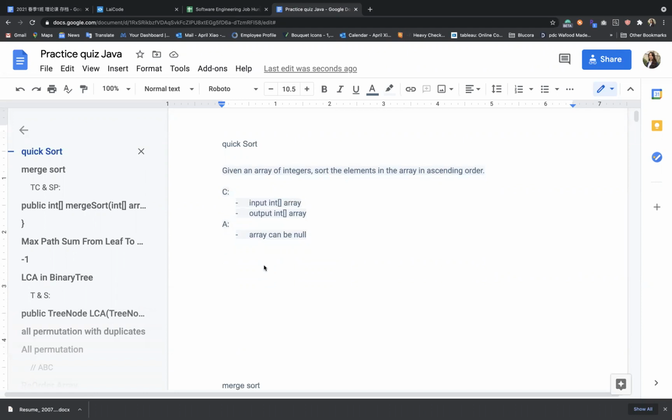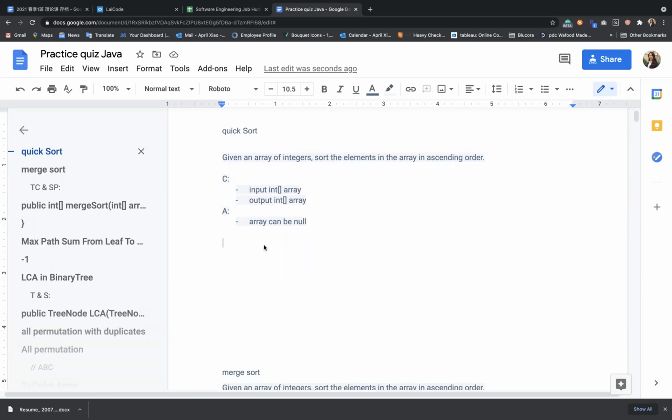So let's do some clarification for the question. The input type is an unsorted int array. The output type is going to be a sorted int array. We assume that this array can be null. So we can